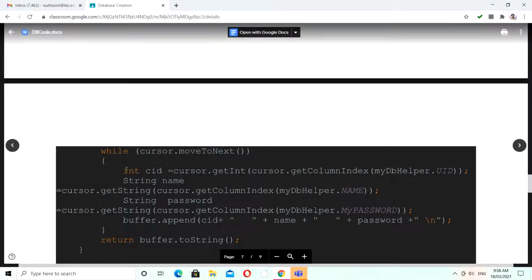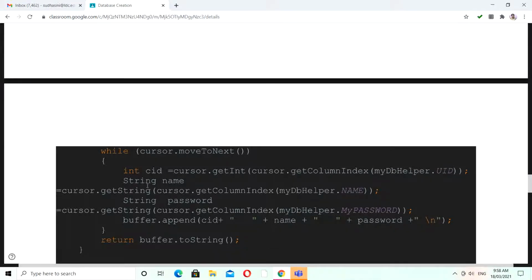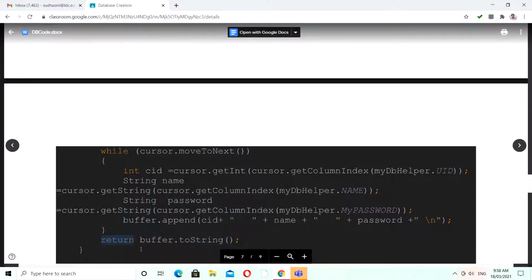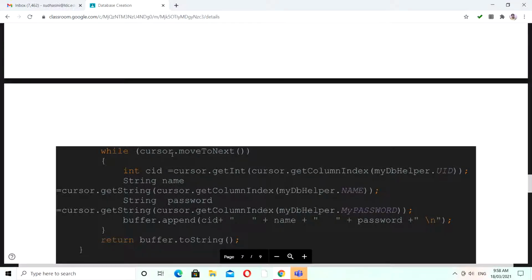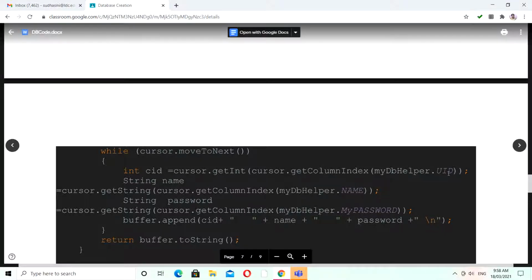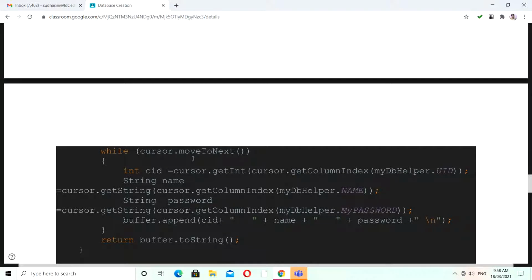So when this while loop reaches the last row, it automatically gets out of it. At the very first time the cursor will be at the first row. So cursor.getInt(cursor.getColumnIndex(mydbhelper.uid)). You can assume that the cursor is in the first row. Within your first row